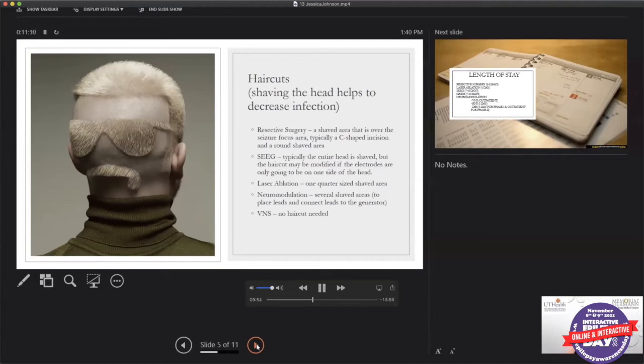We also do another procedure called laser ablation. And in this, it's a minimally invasive procedure where there's just a small catheter that's placed in the seizure focus area, and we use heat therapy to destroy it. And so because it's minimally invasive, typically the area of shaving is maybe about a $50 or a quarter size. And typically that's in the back of the head, because that's where we typically place the catheter to do the